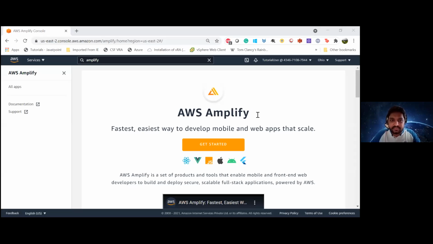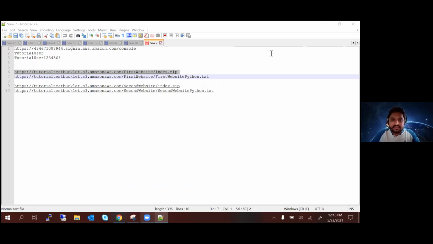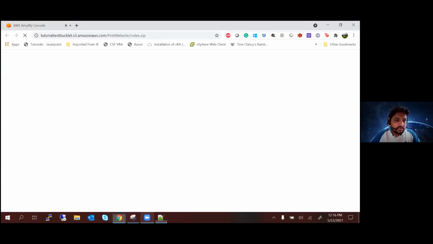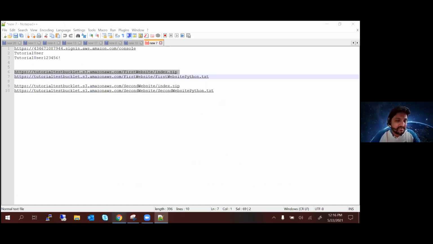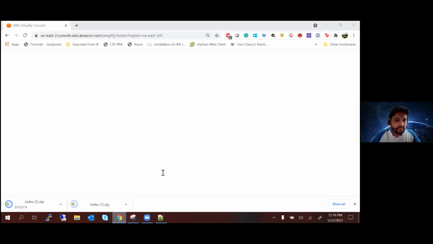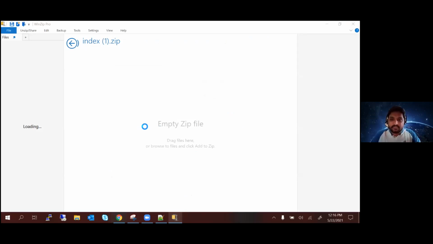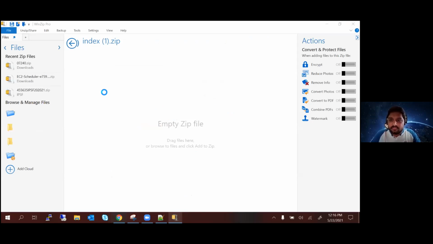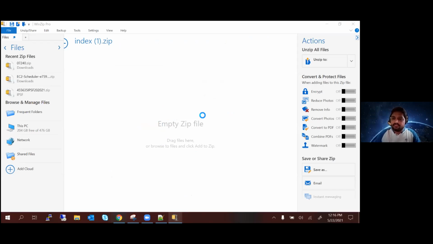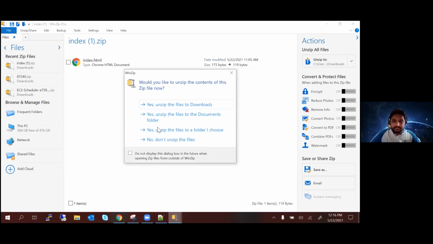Let me just share my entire screen. I've just pasted a link. Just click on that link. It'll download a file on your laptop and just open that zip. It's just a simple web page, right? Good. You're able to download. The link is here. I'm just pasting it again. Right. So you're able to download the zip file, right?